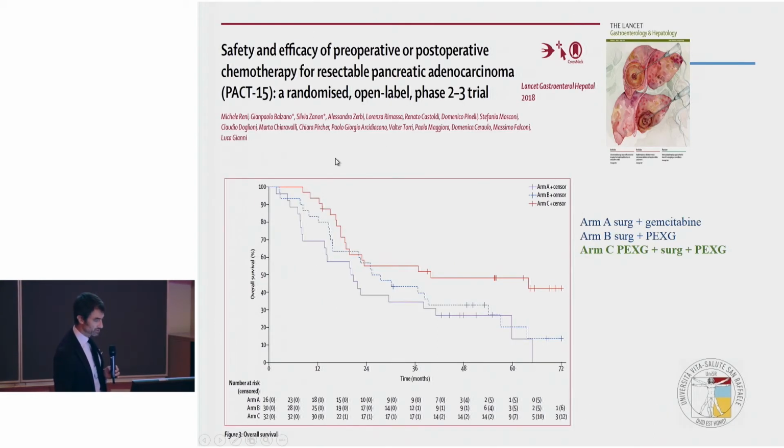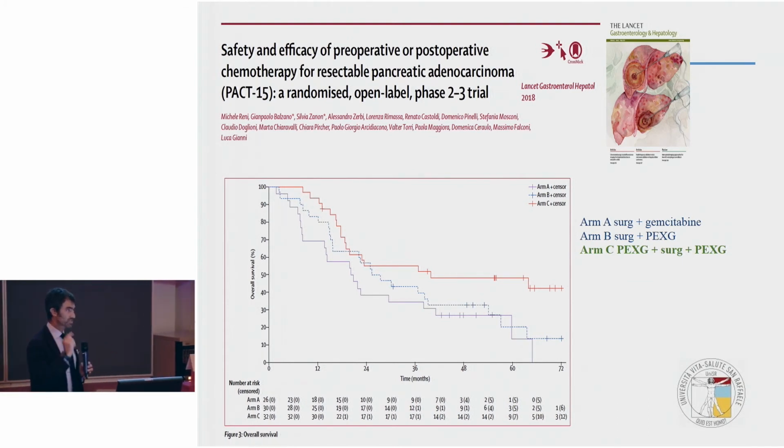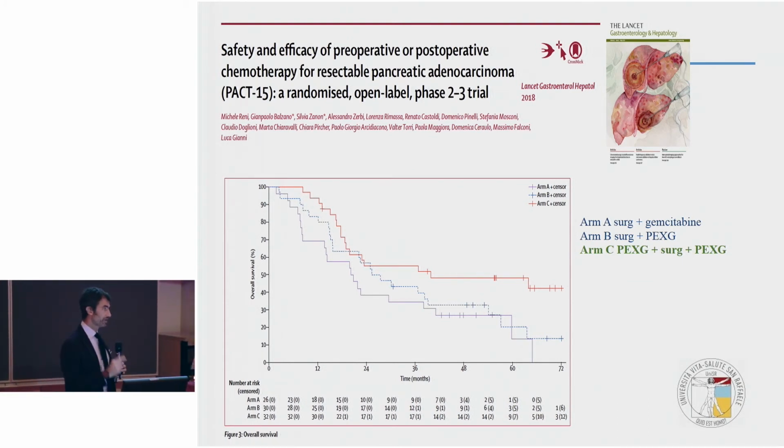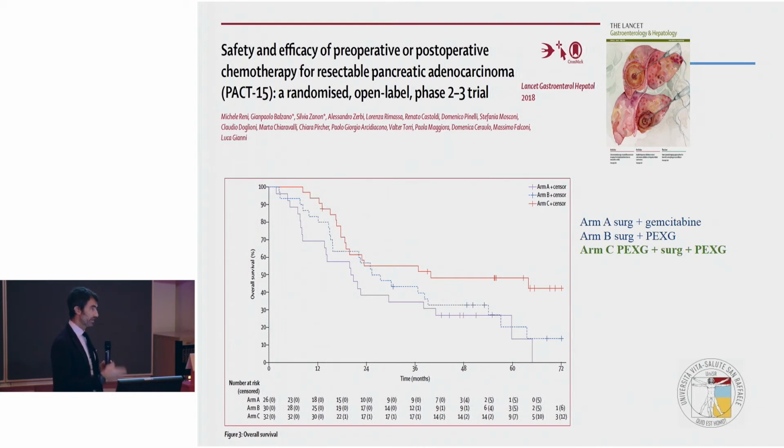This is a paper published this year by our institution in Lancet, which suggests that patients with stage 1A disease, so resectable patients, have improved survival if they are treated with neoadjuvant treatment before surgery as compared to patients who undergo upfront surgery. So this means that all these patients need to undergo EUS-FNA at the beginning of their history before any kind of